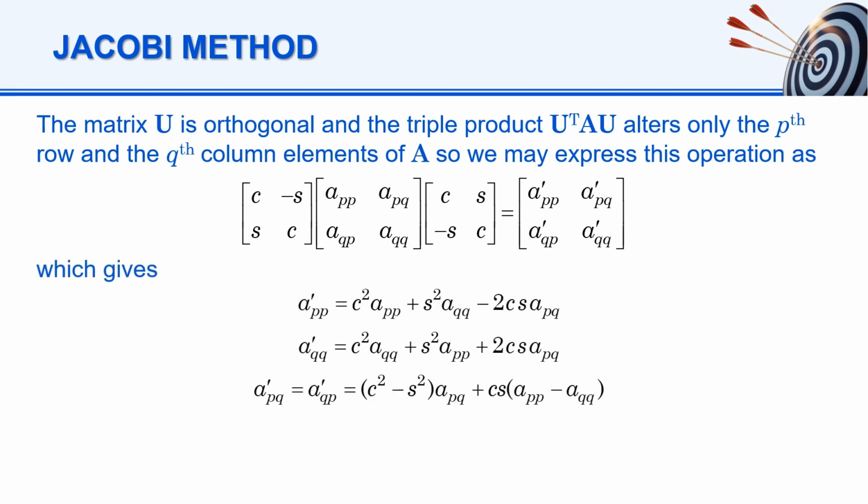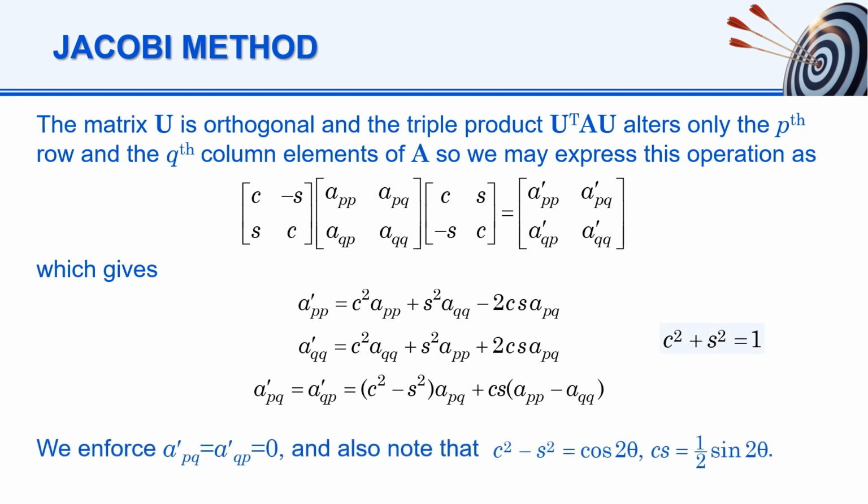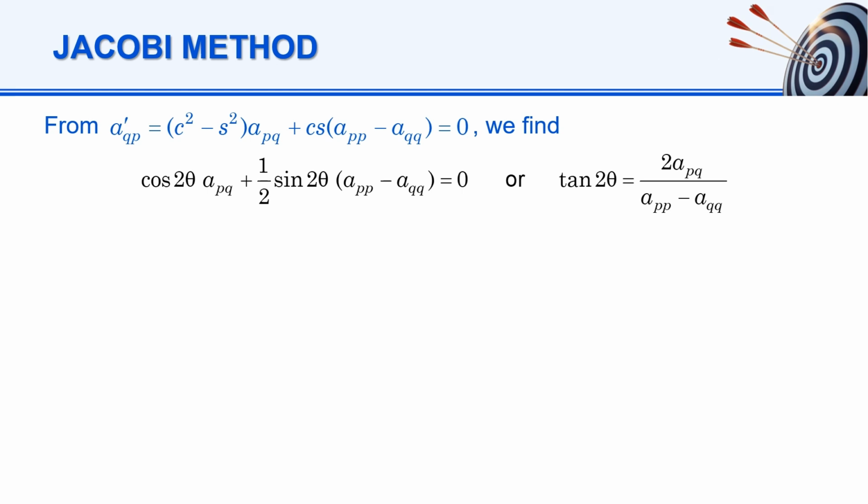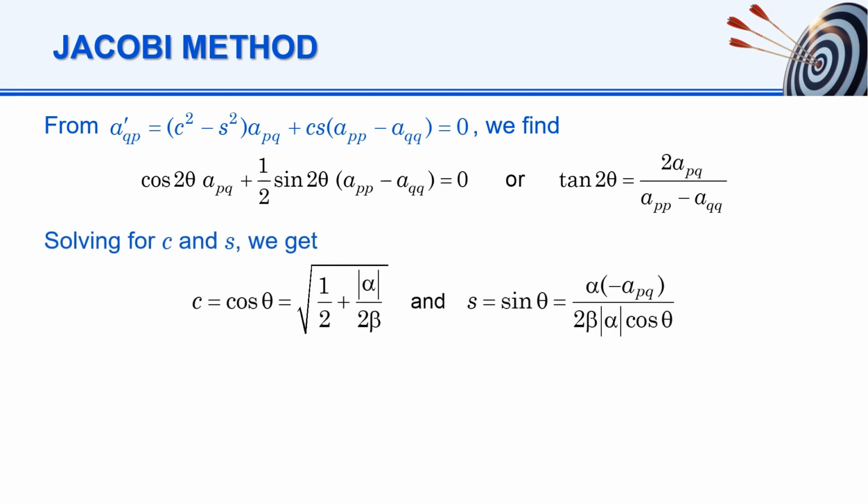Noting that C squared plus S squared is 1, we enforce A prime PQ equals A prime QP equals 0, and also note that C squared minus S squared equals cosine 2 theta, CS equals 1 over 2 sine 2 theta. From setting A prime QP equals 0, we find. Solving for C and S, we get, where alpha and beta are defined as